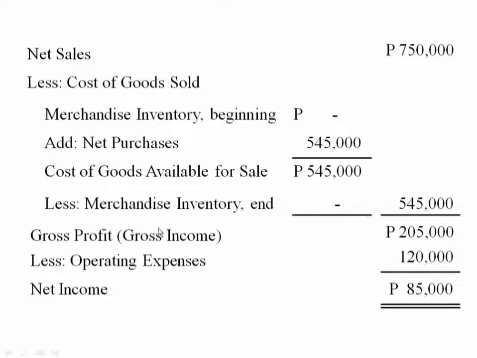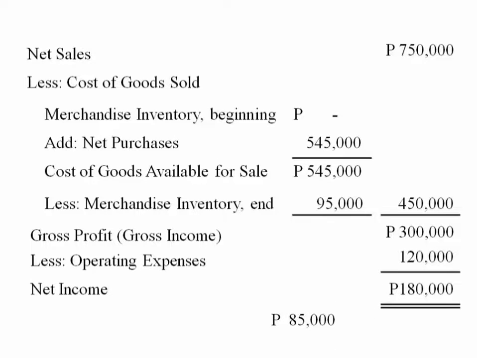Let's try it. So, merchandise inventory at the end, 95,000. Then the cost of sales will become 450,000. 450,000 cost of sales subtracted from the net sales of 750,000 equals gross profit of 300,000. 300,000 minus the operating expenses of 120,000 would give the net income of